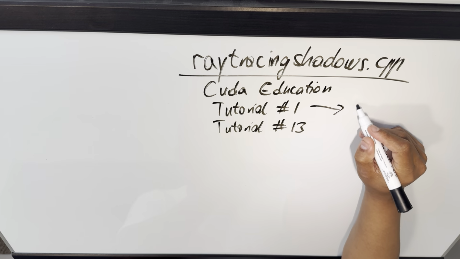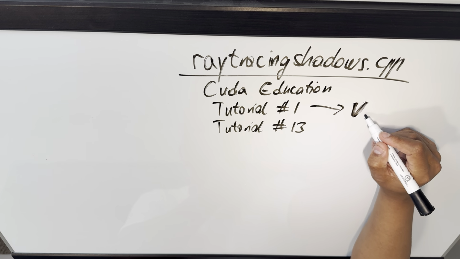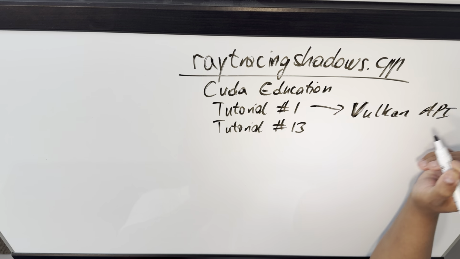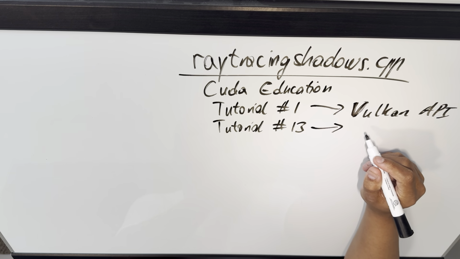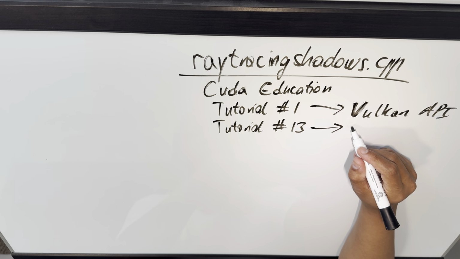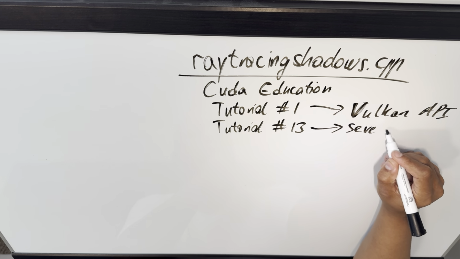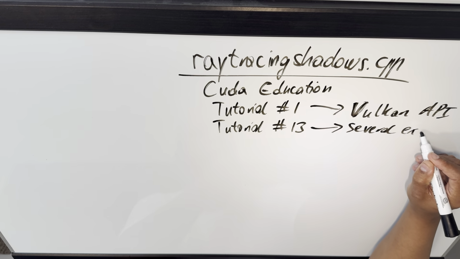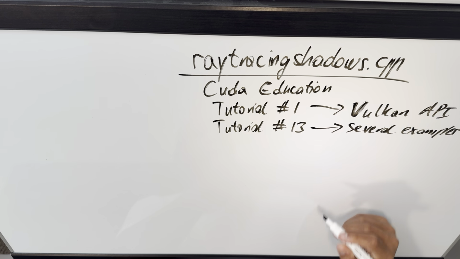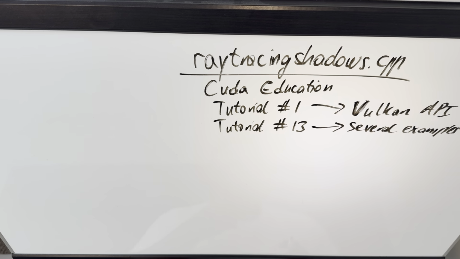So this is the Vulkan API, and this is the to install several examples. Okay,